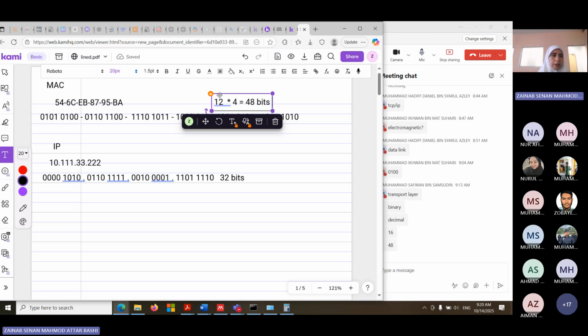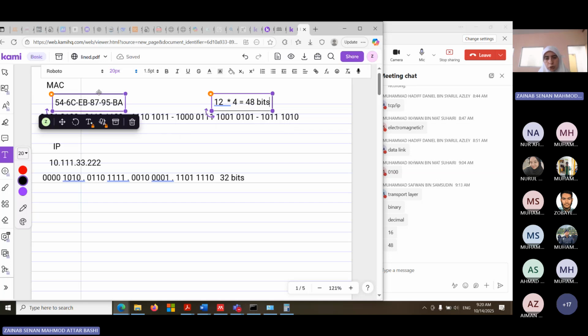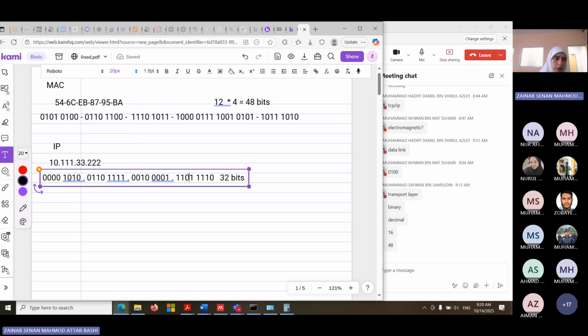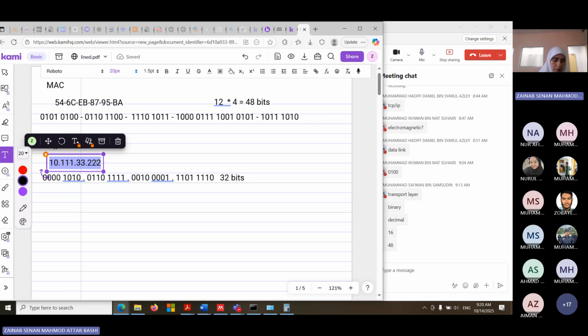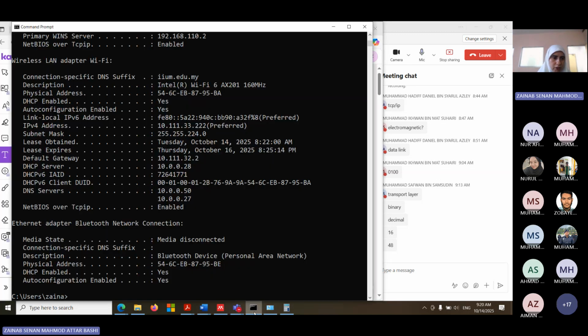Okay. So the MAC address, actually for this course, we really need to know it, because we will use it to generate the IP address in DHCP. In networking concept, DHCP, we will need this MAC address. So we need to understand the concept of it. Now this IP address, if you give it to a person, let's say any person, you tell them, just write in command prompt, give me the IP address, they will give you this number. It's an easy number to remember, to say it even, nearer to human being.